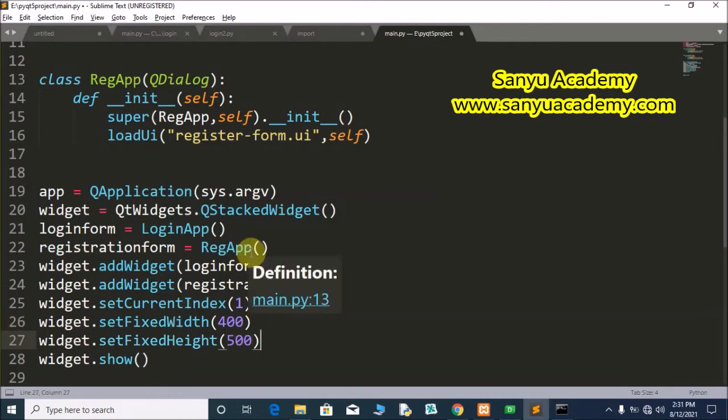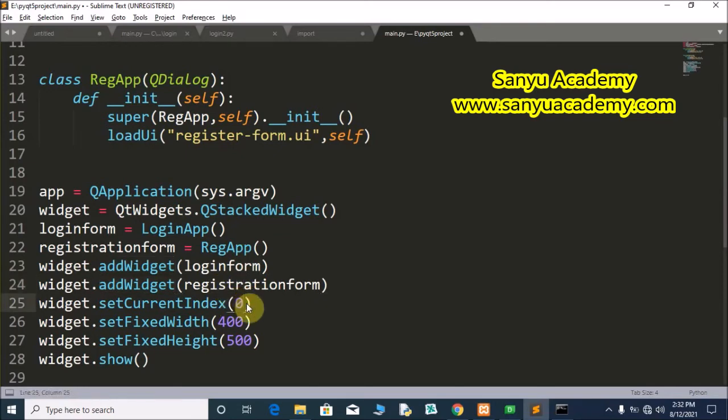Now I want to show the login form. So the login form is in index 0 and the registration form is in index 1. So we have to give 0 here to load the login form. The first added widget is stored in the 0th location, the second loaded widget is in the first location, like that it will go on.